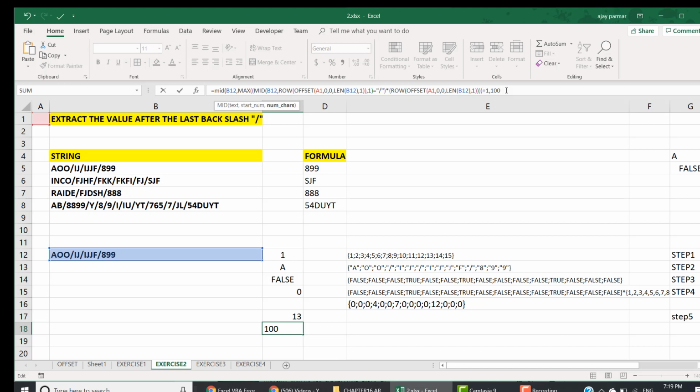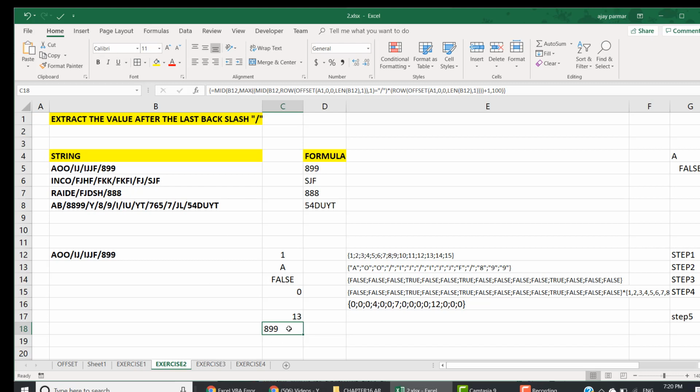That does not matter, because we can simply write 10, 20, 30, 40, 100, 1000, maybe more than 1000. That depends upon how your data is going, what the data trend is. If your data is too big and after the last slash you have too many values, you can use the number of characters according to the largest possible value. So I'm just using 100 here. However, I could manage this with 10 also, because in my case there is no value greater than 10, but still I go with 100. So I press Control Shift Enter, and this is what we have finally got, guys.